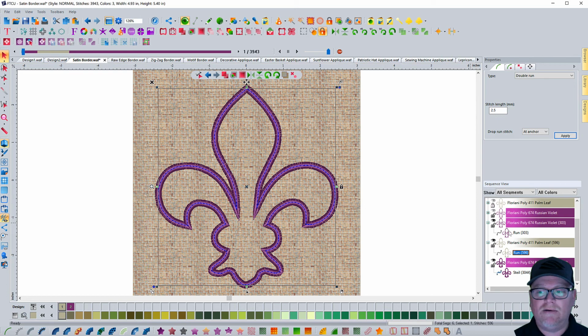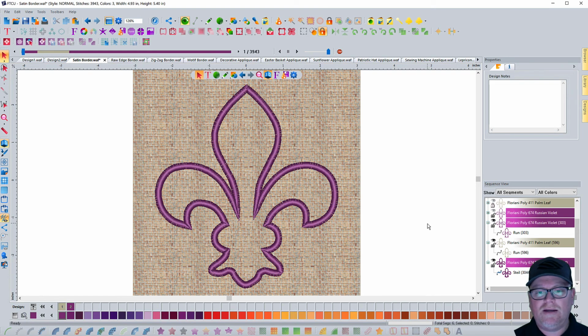The biggest thing with Applique is make sure you change the colors. So the placement's a different color from the tack down. The border is a different color from the tack down. And the reason for that is you need your machine to stop between each step. So it's just an important thing to make sure that you do. So this is how to create a basic